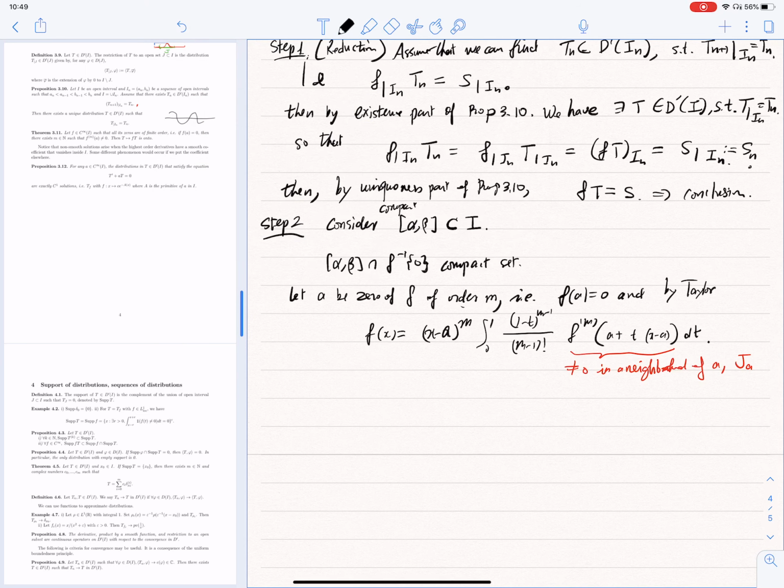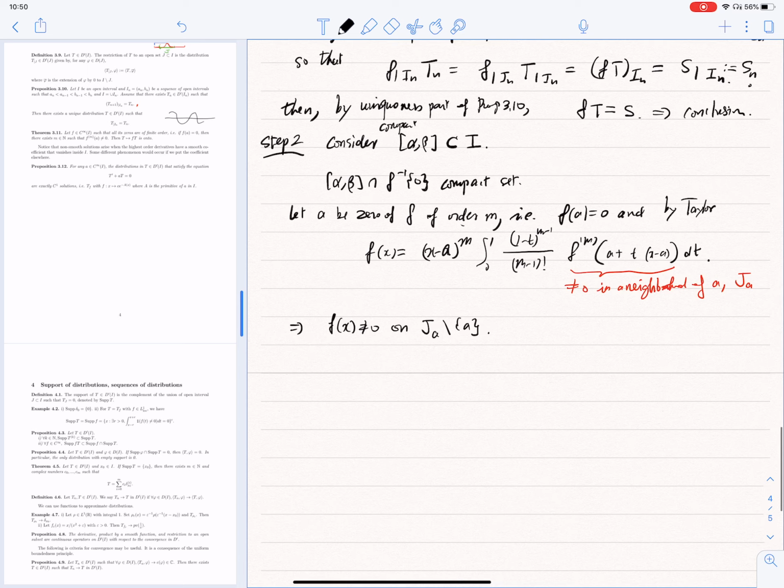By continuity, right? Meaning that f takes the value, f(x) is different from 0 on the set J_a removed a. Okay, and we can actually do this for all the zeros of f inside the compact interval [alpha, beta]. So